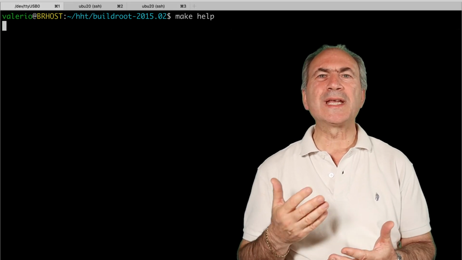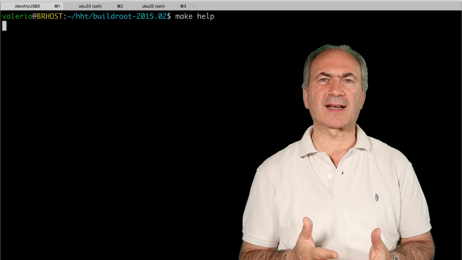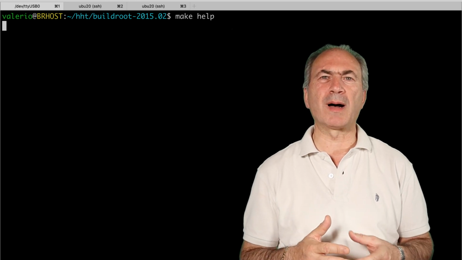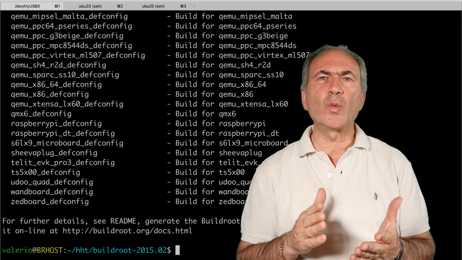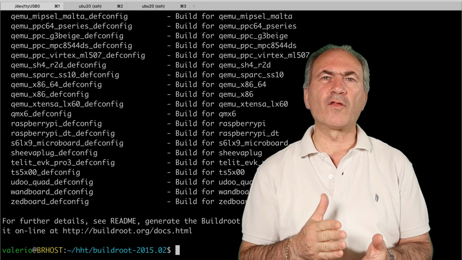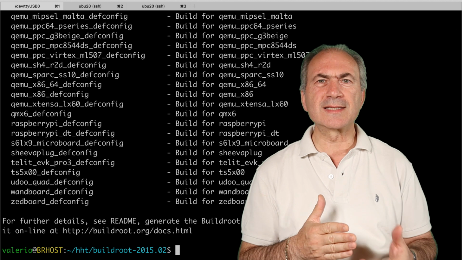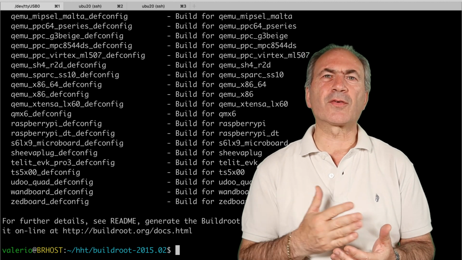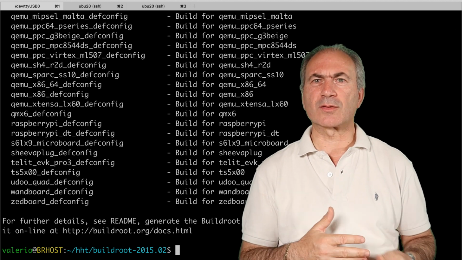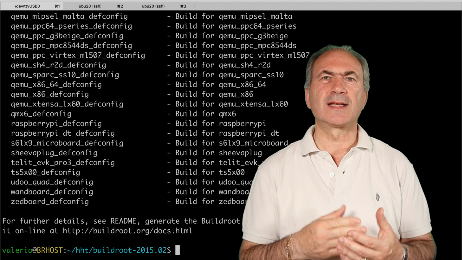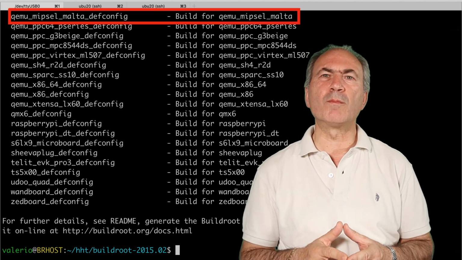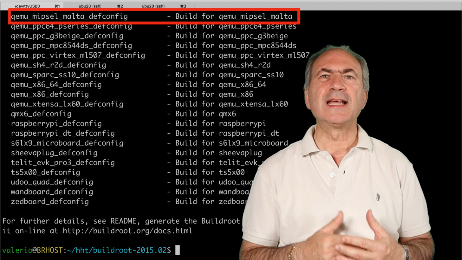If we execute the command make help, we can get a list of the main targets we can give to the make command. We will see the most important targets later. For now, we can see that there are a lot of built-in configs for many different boards and processors, including a lot of QEMU emulated boards, including our QEMU MIPSEL Malta board.